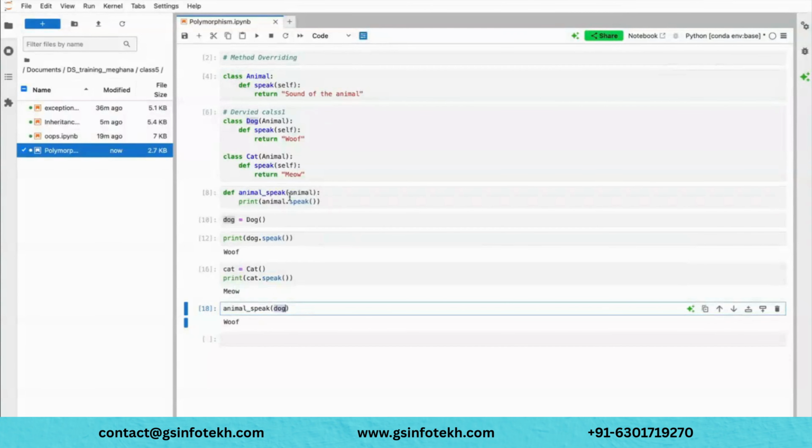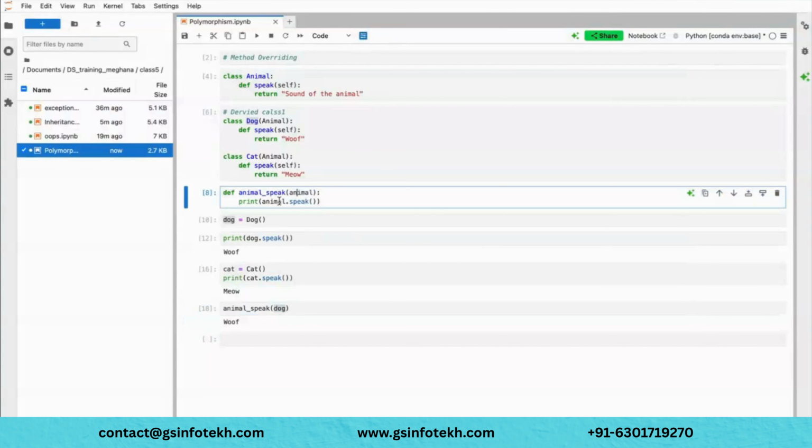Because we are passing an object here and then you are calling it, which means you are overriding the animal class, and it is giving the definition according to the child class. That's called overriding. Clear? Okay, I will take the demo.